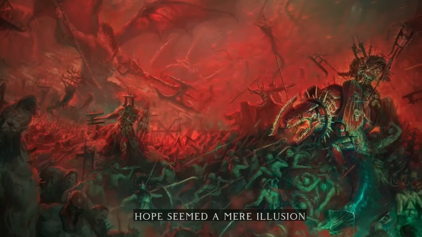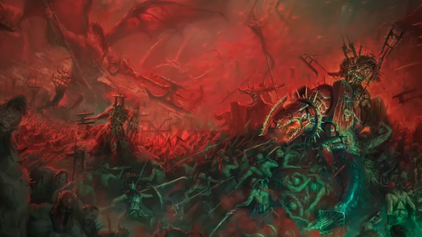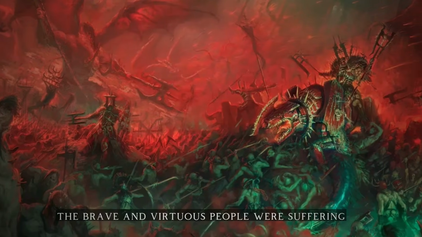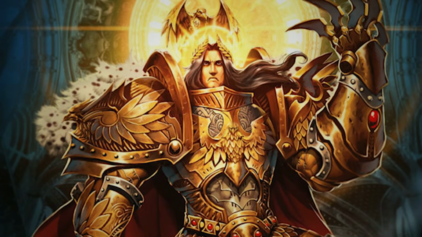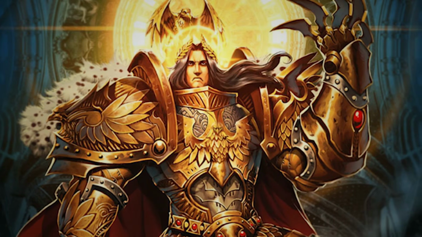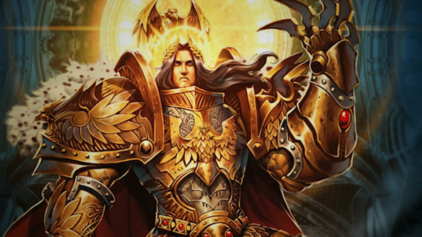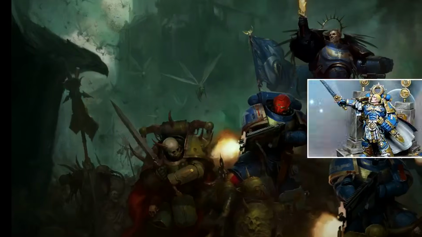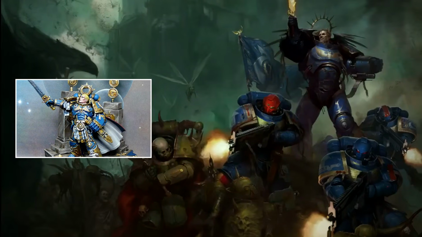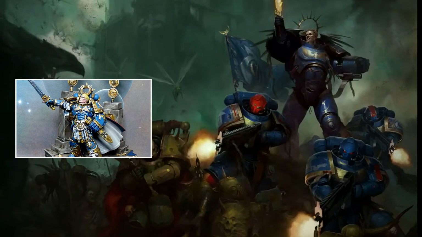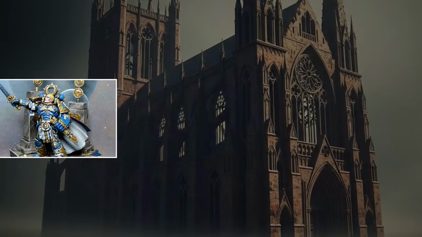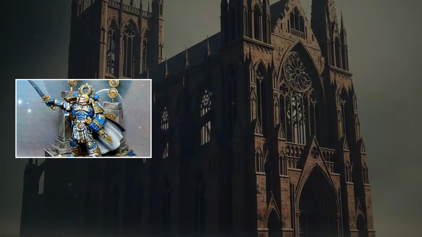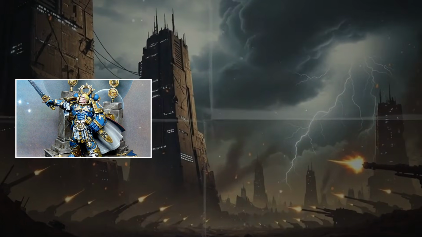Furthermore, the pervasive xenophobia ingrained over millennia of constant warfare against alien races made it difficult to forge even temporary alliances or understand the motives of non-human entities, even when such understanding might have been strategically beneficial. Guilliman, who had once envisioned a unified humanity, now witnessed its myriad factions pulling in different directions, each clinging to its own power and prejudices, making the task of leading them a constant uphill battle against internal resistance.